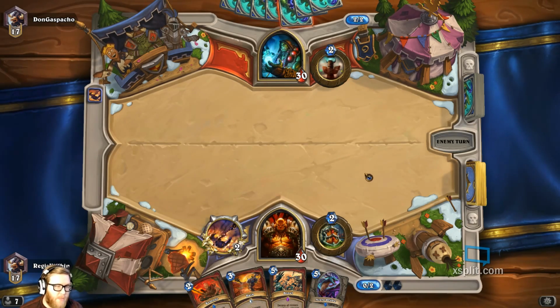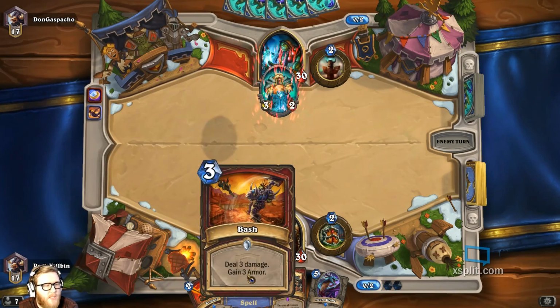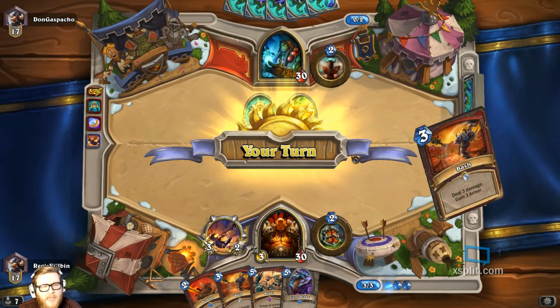So we're in a pretty decent spot, actually, as far as board state is concerned at this point. Probably see the Totem Golem here. Coin Tuskarr Totemic, which is fine. We actually have the Bash. As long as it's not a Totem Golem, we can clear the board. And we probably will. Boards are scary, and